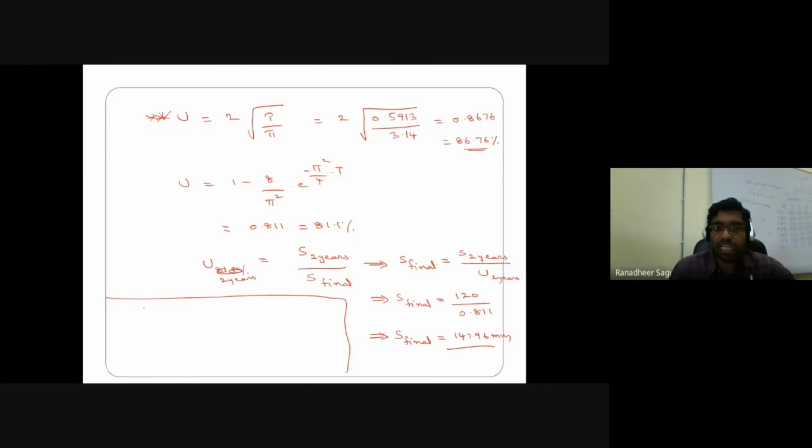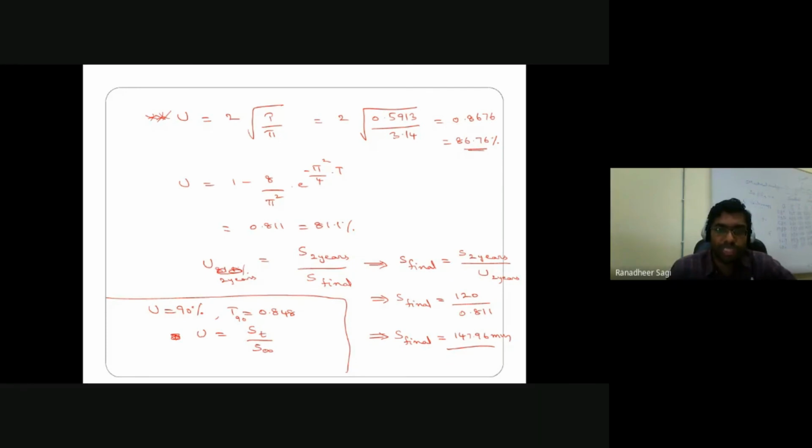Okay, so once we say 90% degree of consolidation, U is given as 90%. Degree of consolidation, once again I can say, is the settlement after some time divided by your final settlement. So in this expression I already know my final settlement. That's nothing but 147.96 mm. Now my objective is to understand how much is the settlement that you are going to have corresponding to some time where you are reaching 90% degree of consolidation in the soil. So U value equal to 90% is what we are trying to substitute.